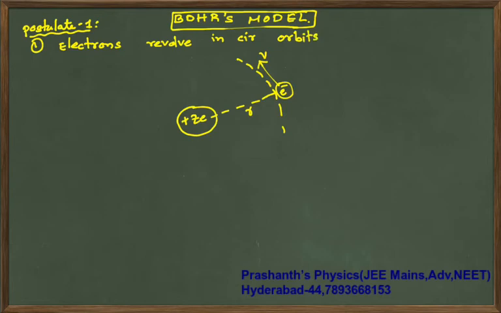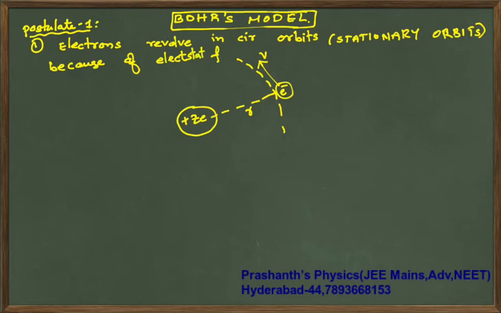They are called stationary orbits. I will tell you that. In stationary orbits energy is not lost, because of the electrostatic force of attraction. That will give you k q1 q2 by r square,